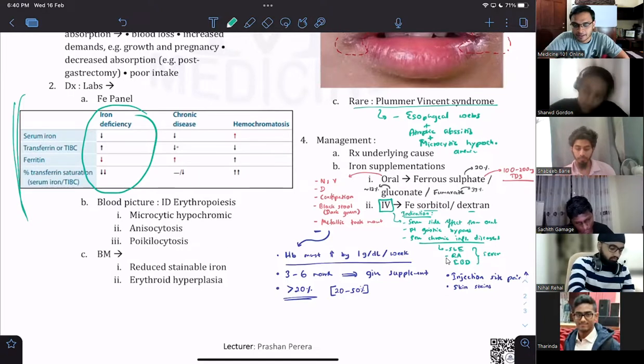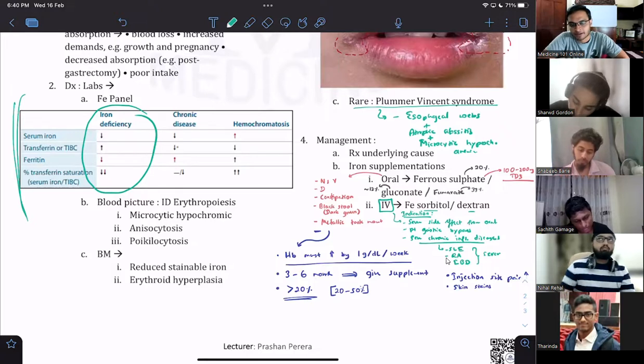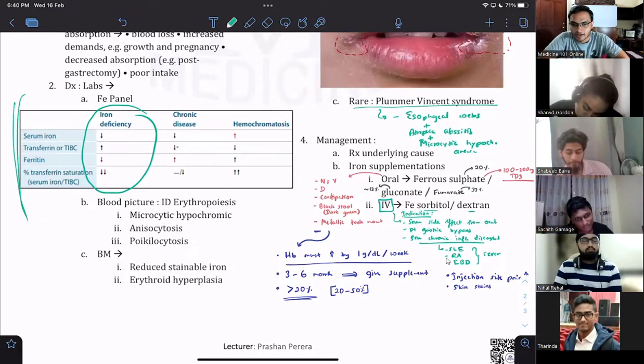Currently I'm also working in the rheumatology section. We get a lot of arthritis patients, and one of the main things the consultants prescribe includes glucosamine and calcium supplementation. With calcium supplementation, remember what's the problem? It can inhibit both forms of iron absorption. So usually when we tell them to come for the next visit, we always tell them to bring the iron profile as well. Those are clinically important things. For the exams, they won't ask you all those. So those are what you need to think about.